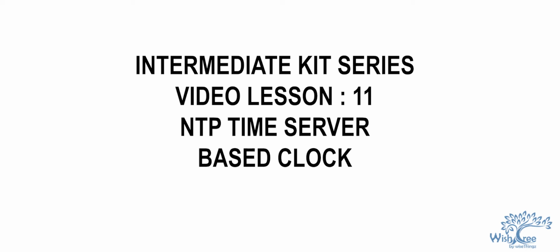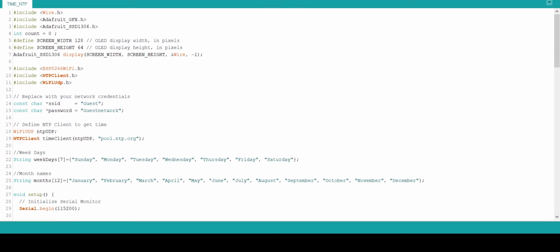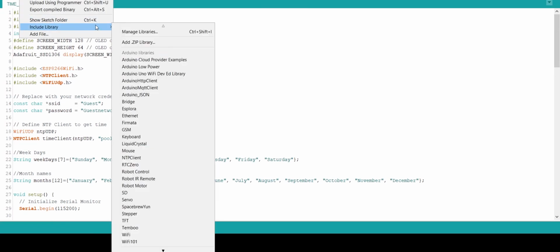Today we will be learning about NTP, a time server based clock. We will be getting time from an NTP online server and displaying it onto our display from the web interface. So let's get started. Initially, what we need to do is go to the include library menu, manage libraries, and then